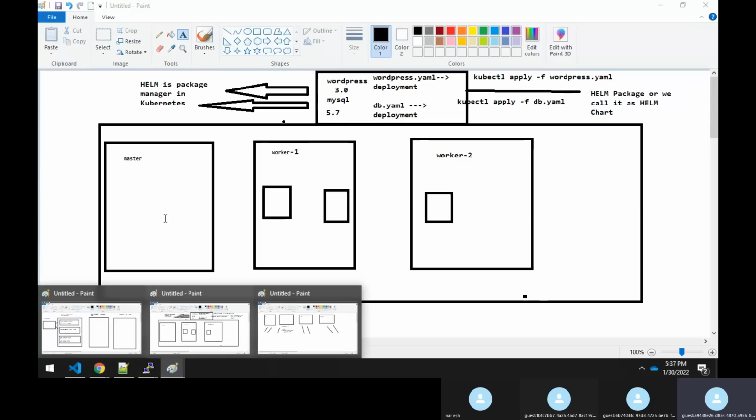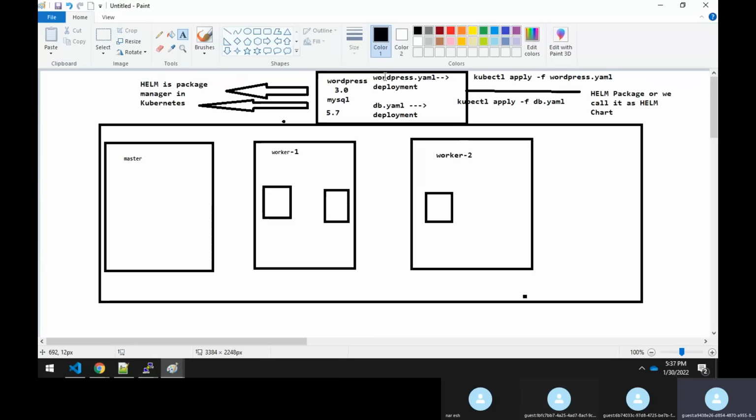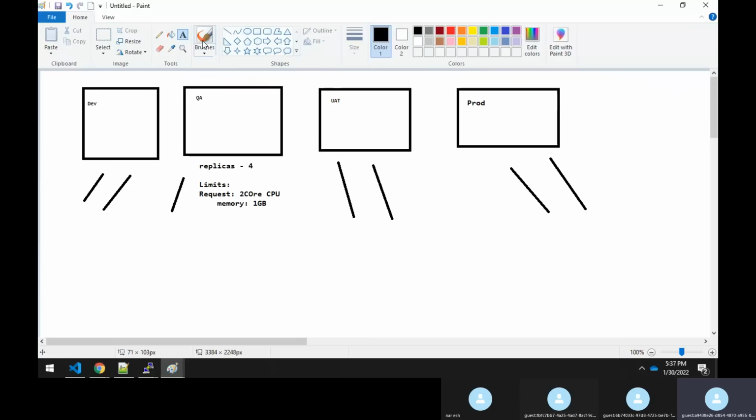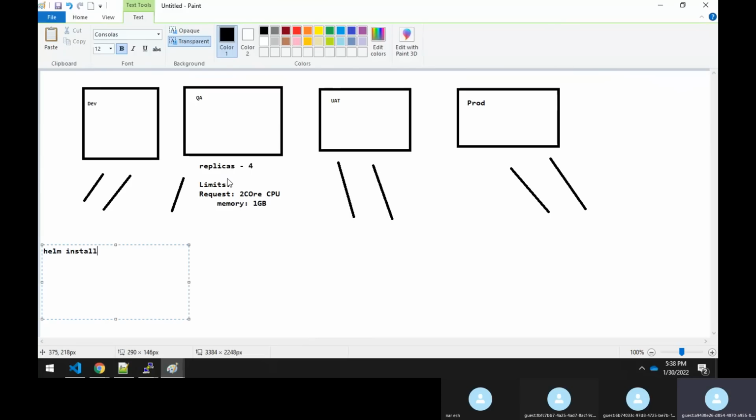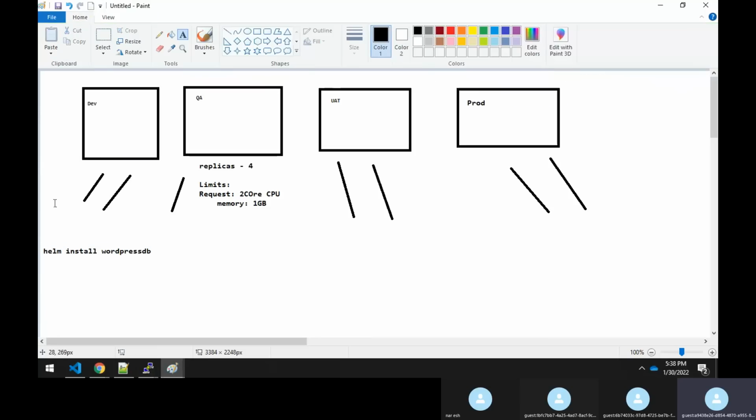And you saw that the advantage of using Helm is that if you're having different environments, you can easily maintain the requirements of each and every environment with the help of Helm. Suppose you package together WordPress and MySQL as a Helm chart with the name WordPress DB. For the dev environment, you will say, okay boss, I want to install the Helm chart. If you install it, by default, whatever the basic or default values are, with that it gets deployed